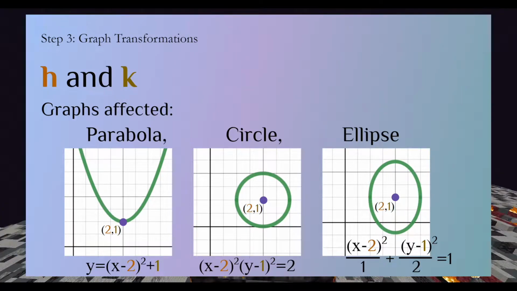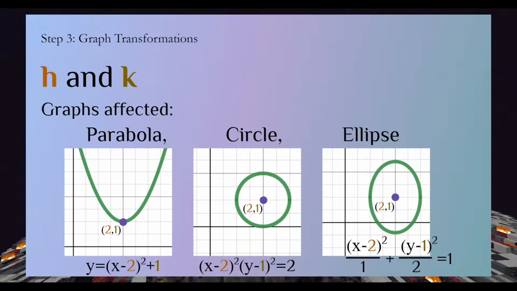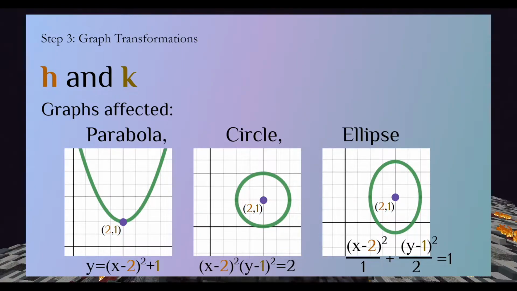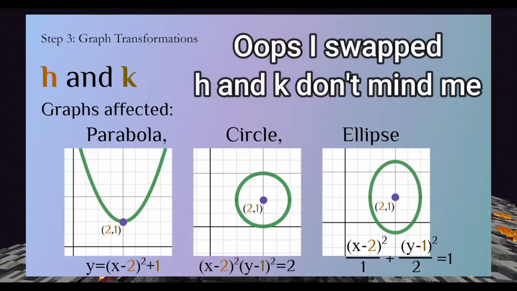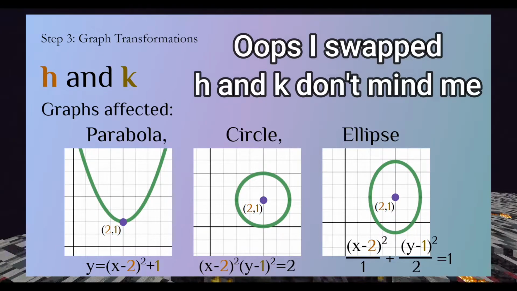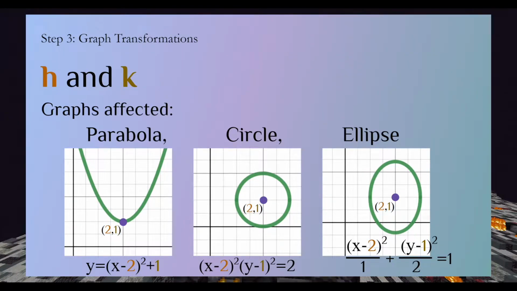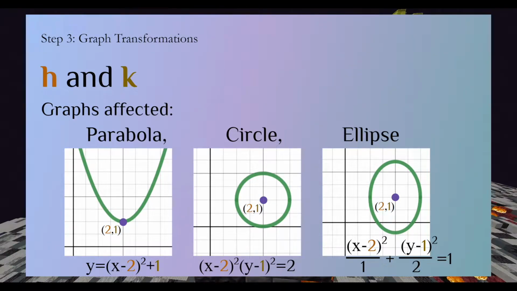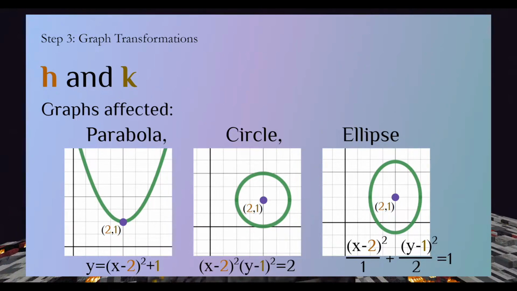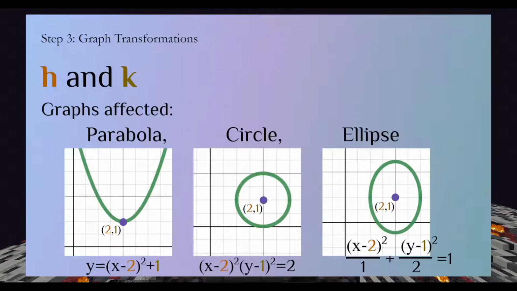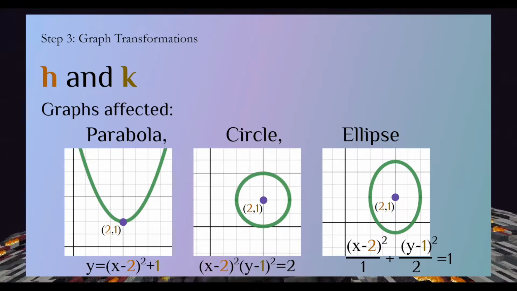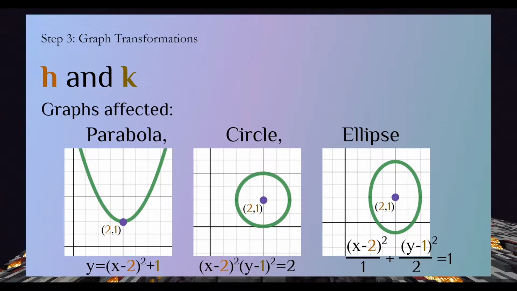Anyway, what H and K do is that they adjust where the center of the graph is, or in the case of the parabola, the vertex. For example, if H were 1 and K were 2, then the center of our circle or ellipse would be at 1, 2, or the vertex of our parabola would be at 1, 2. Crazy, right? This can also be known as horizontal and vertical shift, which leads us into our next two letters,